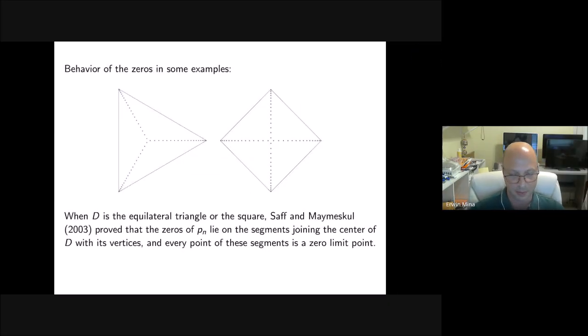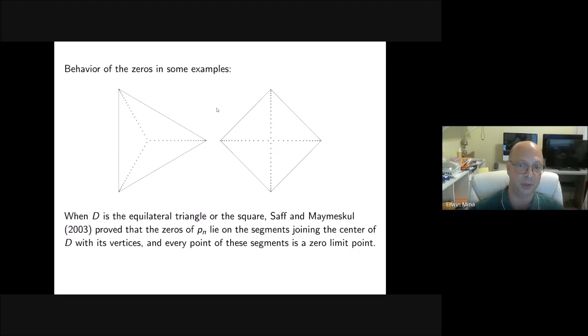And I will show you some plots of zeros of these Bergman polynomials, or orthogonal polynomials with respect to area measure, in situations where, as I am assuming, all the corners are good corners. So I already mentioned what happened in the case of regular n-gons for n greater than or equal to 5. There are only 2 n-gons that have good corners, which are the first two: the one with 3 vertices, the equilateral triangle, and the square.